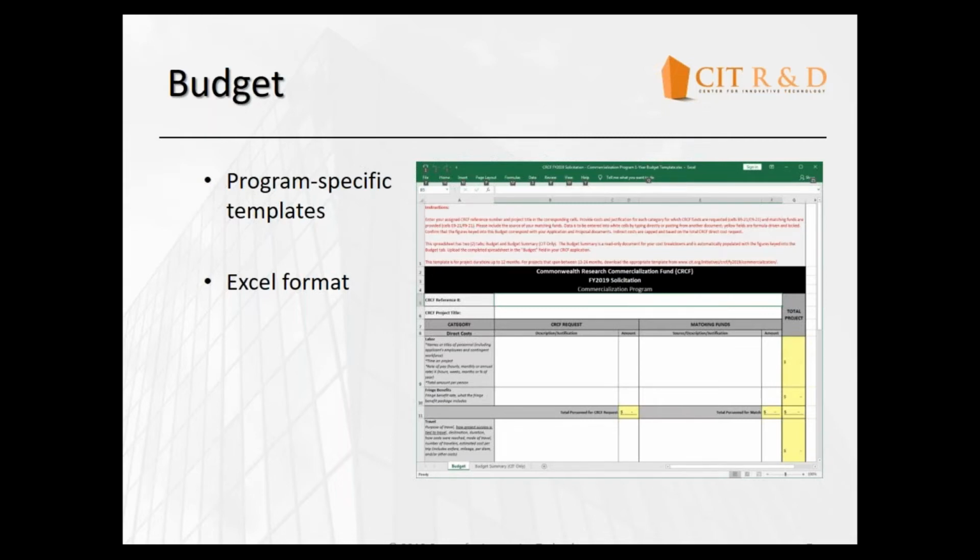The budget document is where you'll record the amount requested from CRCF and provide it as your match, and you'll explain how you will use all those monies. The budget must be completed using the program-specific template. The screenshot is of a commercialization budget. The budget template will show a combination of